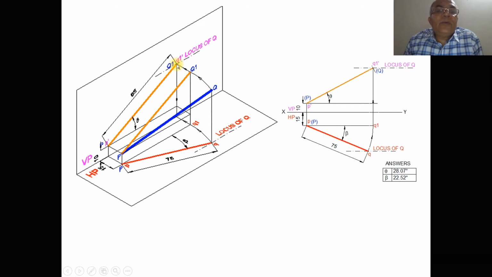So how exactly are we doing that? To do that, first from here you measure 75 mm and you make it parallel. Then draw a vertical projector from here, and again you draw a vertical projector from here to the front view. Then with P dash as center, take the radius of 85 and cut an arc, so that you are going to get the locus of Q in the front view. Then join P dash Q1 dash with a dark line. So that is going to be Q1. So this is going to be the true length line, which is going to be the angle theta.